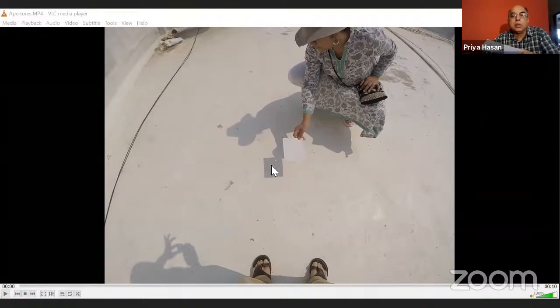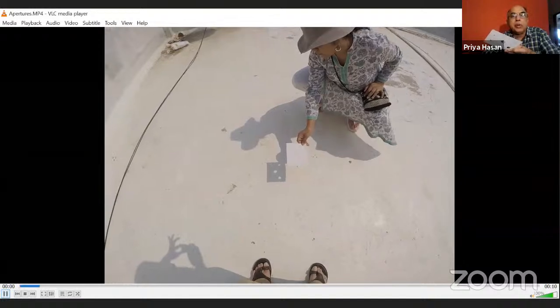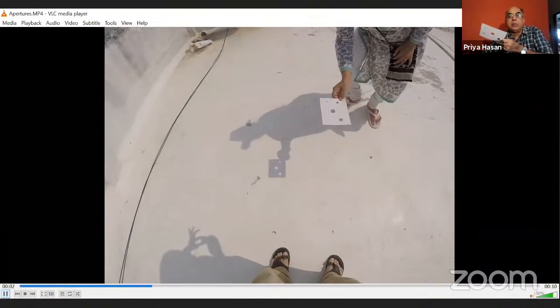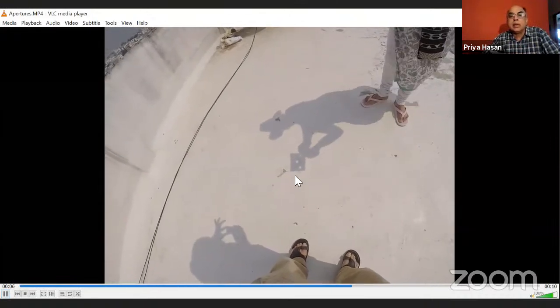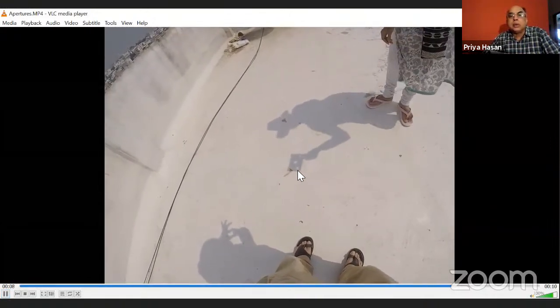The bigger hole makes a big round mark. The smaller ones make smaller ones, obviously. But if you keep moving this card away from the screen, you will slowly see that all of them